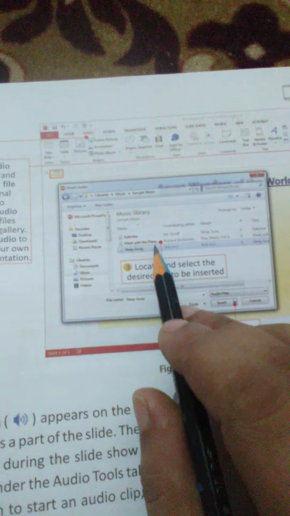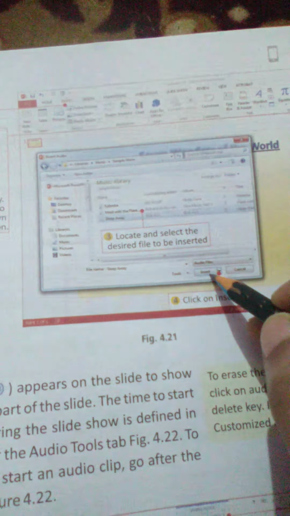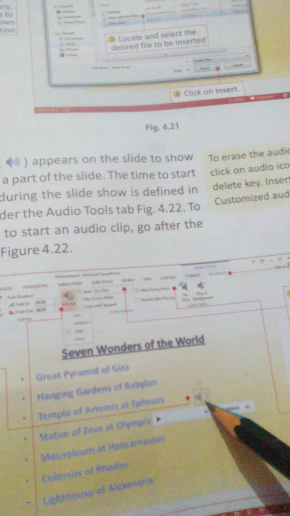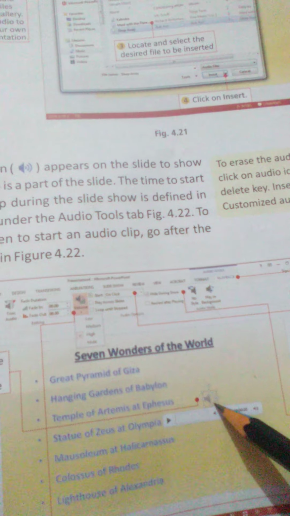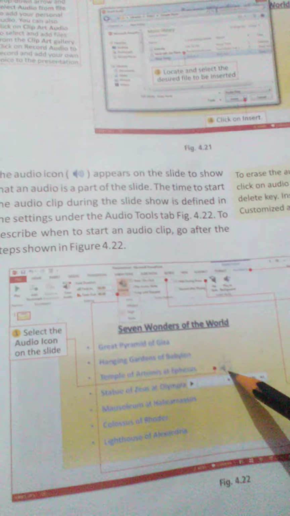Audio files you will obviously get from the Music library or Documents music. So from here you can get the music, the number of music files that your system has. Click on that and click on the Insert button of this box. As you click on Insert, you will get this icon. You can see this icon. This icon shows the sound or audio has been inserted in this